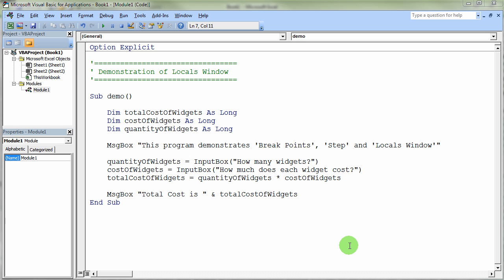This video will demonstrate the use of the locals window in VBA. One of the problems, I think, for many beginning programmers is that when we start talking about variables representing memory storage, that's a little bit of an abstract concept. You have to imagine that in your mind. It's not something you can touch and feel very readily. And so this demonstration of using the locals window will maybe help a student get a sense of